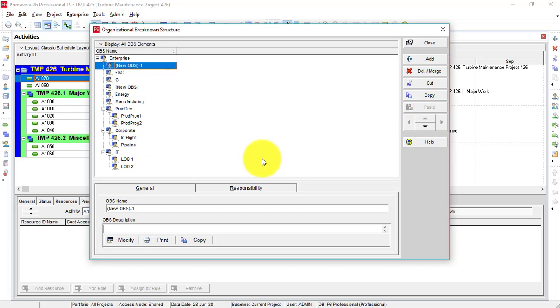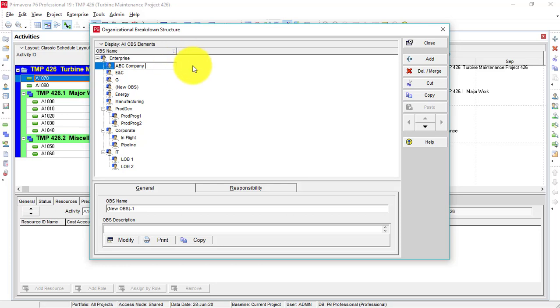First of all I add my company name here. I am not going to mention my company name. It's all up to you how you want to build a very nice and effective organizational breakdown structure in your Primavera P6.